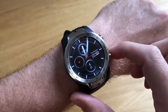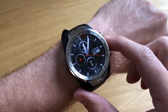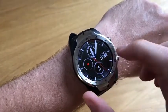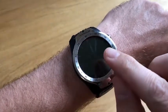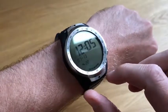How many screens can you see on this smartwatch? No, you're wrong. There's two. You can't tell there's actually two, but there are. This is the OLED screen that you'd normally expect to see on a Wear OS smartwatch. But there's also a second display panel laid over the top, which is an LCD screen, and you can see